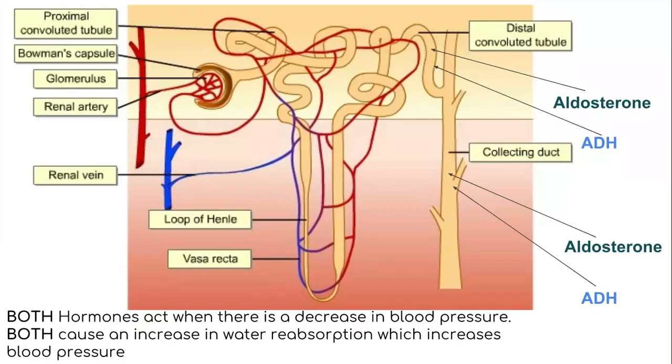Before we do, I just want to throw in a quick reminder about where we have talked about aldosterone and ADH before. This is a picture from chapter 9 in Bio 20. This is the nephron of the kidney. You'll notice that we talked about aldosterone and ADH last year when we were talking about how the nephron reabsorbs things back into the bloodstream. So this is maybe where you've heard it before, just a quick reminder.